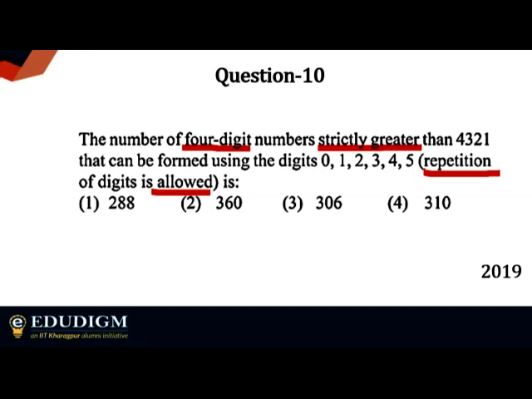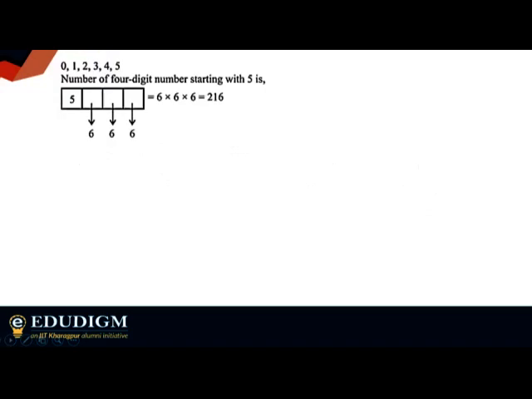All right, let me just reveal a part of the solution as I'm getting some answers here. So this is something we are starting with. This is the simplest case. If it's starting with 5, there are no other restrictions. So this is the simplest case you can take. If it's beginning with 5, for the rest of the positions, all 6 numbers are open. I think that is all right with all of you.